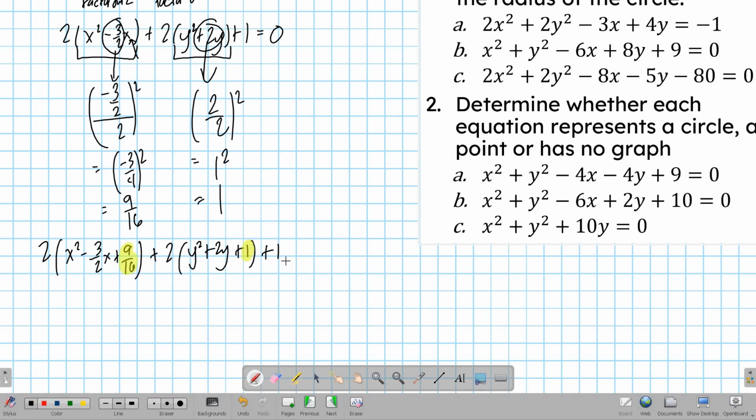So, ibig sabihin, kailangan ito din madagdagan. Kailangan yun din ay madagdag dito sa kabilang side. Dito sa side mo, sa equal side. Kasi nagdagdag ka dito sa left side, magdadagdag ka sa right side. So, with that, this will now become,